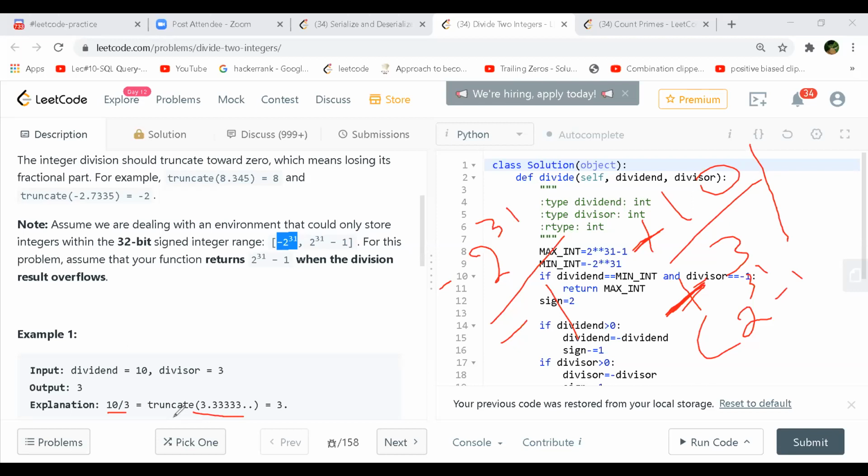So when you perform your operation the way we are discussing, you keep on subtracting your divisor from your dividend, and then you count how many times you are doing that, correct? In that case you will have to count in a negative way. If you count positive, that is still fine. But if instead of incrementing, you decrement the answer because you are subtracting, then at the end you will have a negative answer.